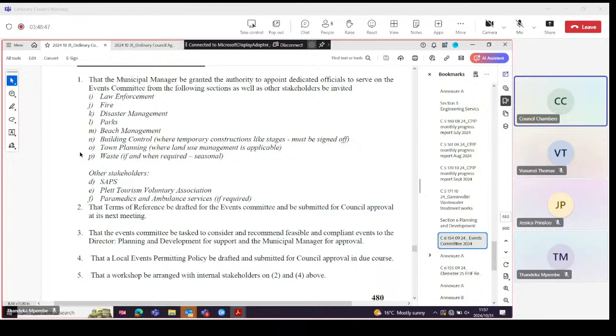But I must commend the portfolio committee that sat with the item, because now all of these role players are included going forward, when we table applications or events. For instance, with the rage, we received the application sometime late, if not much. These things are supposed to be considered, and I really am commending the team for having thought of including everyone from this user department, because ideally, in as much as it is our function to provide law enforcement,